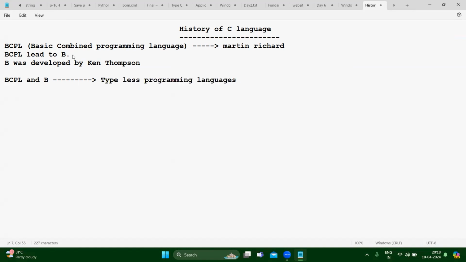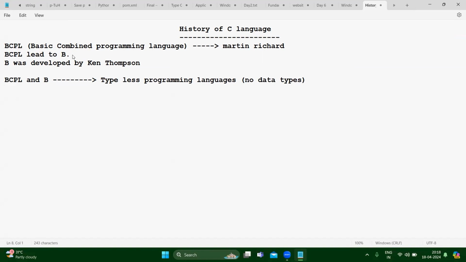What do you mean by typeless? Not that we shouldn't type something. It means that in these two programming languages there are no data types.